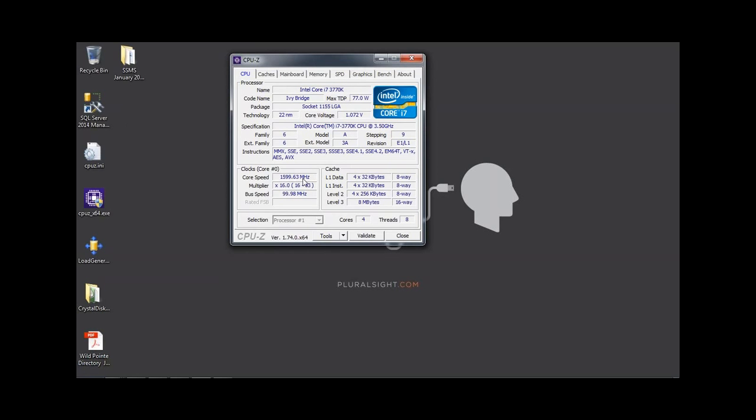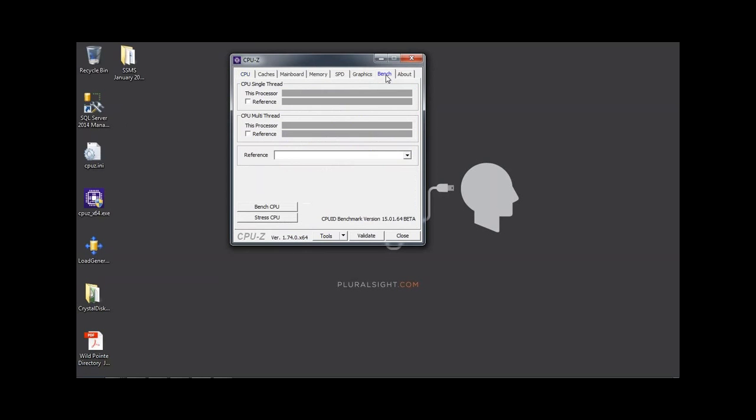And so this is a really handy tool to figure out what's going on with your power management, what kind of processor you have, and how many cores it has. Something they have in the latest version is a little benchmark tool. If you go to the benchmark tab and click the Bench CPU button, in just a couple of minutes it does a really quick and dirty CPU benchmark for single-threaded performance and then for